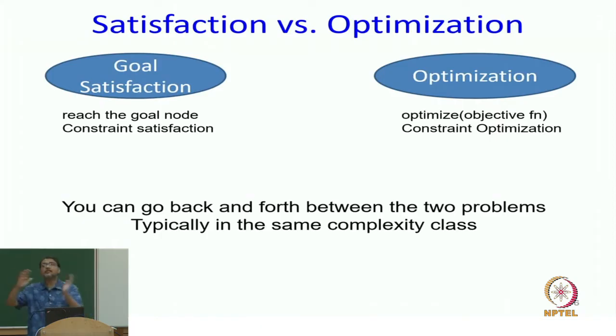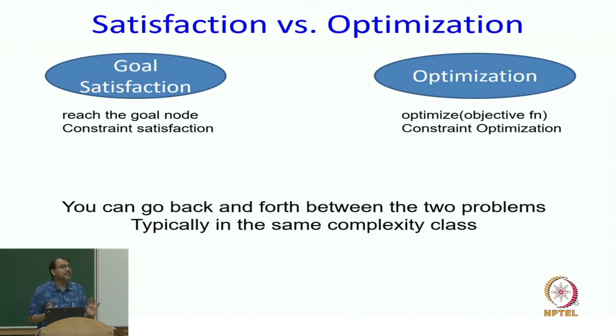On the other hand, there will be some optimization problems like find me the optimal path to the goal or optimize some objective function in general. And notice now that I am sort of doing this, at the back of your mind, if some people know gradient descent, they can start thinking about gradient descent. If some people know backpropagation, they can start thinking about backpropagation. If some people know any other optimization framework, you can start thinking about those. Now, what is a harder problem, satisfaction or optimization? Optimization.